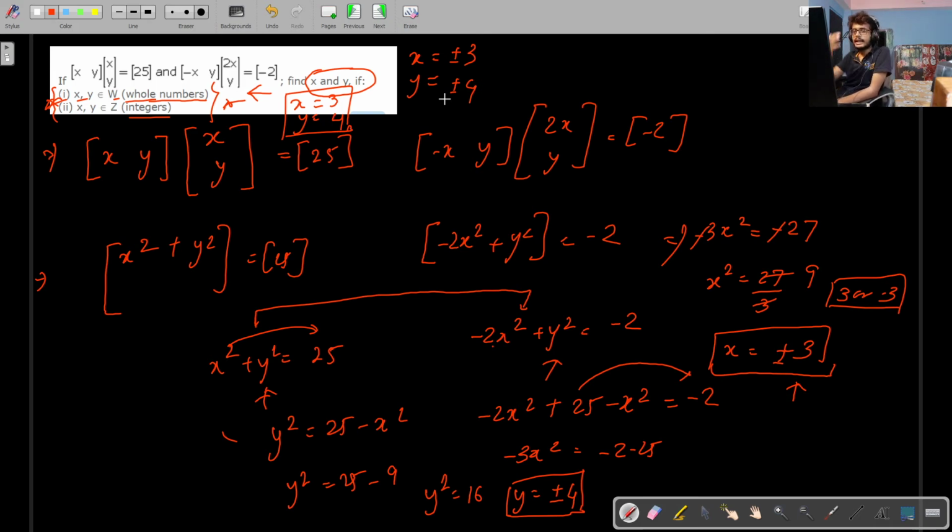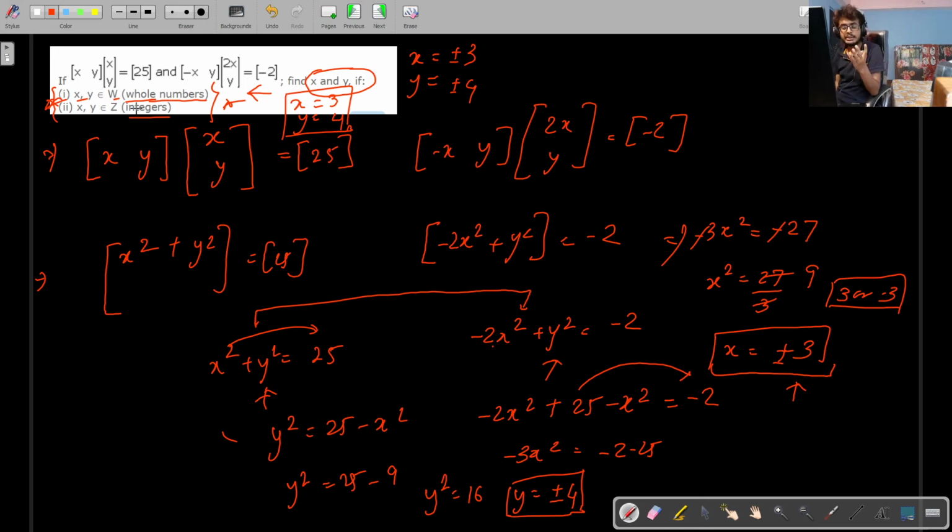So for this kind of question, these are rarely asked in class 10. But even if it is asked, you should know what is a whole number. It's very simple. Whole numbers are counting numbers, counting positive numbers without decimal point. You don't count 2.2. So you have 3 pens. You don't say you have 2.2 pens, right? So you have 4 pens. You don't say I have 3.5 pens.